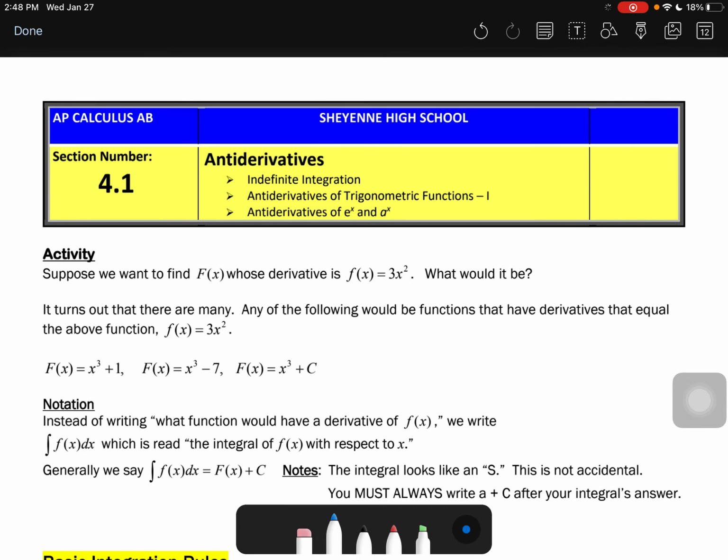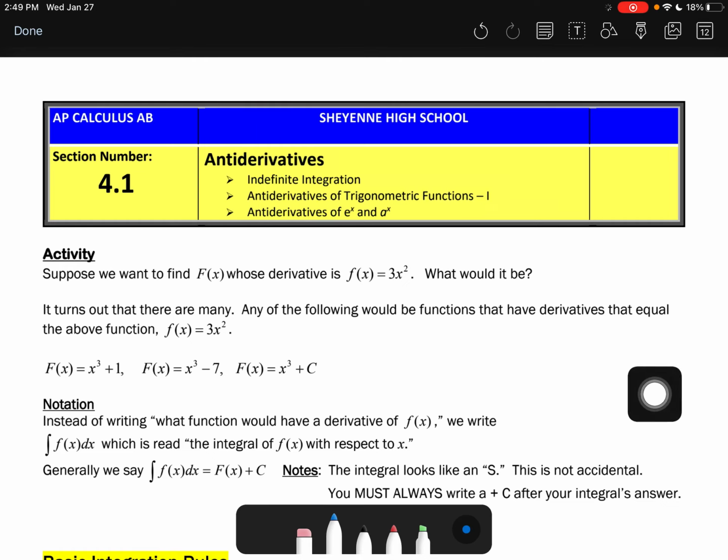Alright, AP Calc class, we're going to take a look at section 4.1, and this is going to be working with antiderivatives and more so the analytical side of it. We've already studied the limit definition of the integration, and we've also done the Riemann sums and studying the area, with different left hand, right hand, midpoint rectangles, trapezoidal. But now we're going to concentrate more on the analytical or algebraic way or formula method of finding these antiderivatives or